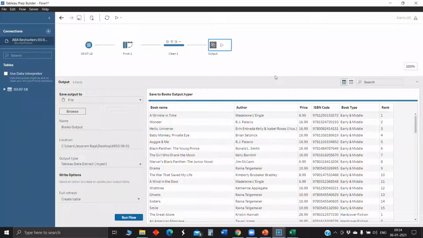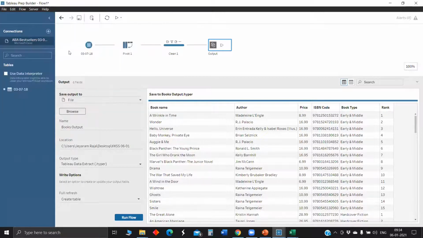In case you are sure that you will just work on Tableau, the processed data file, you can just save it as Hyper and connect to Hyper directly from Tableau, and you can work on it. So this is one example which is more focused on pivot. Next we will try to make one more simple flow where you will concentrate on union and some of the cleaning steps.